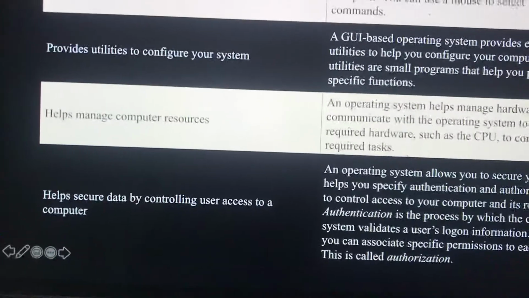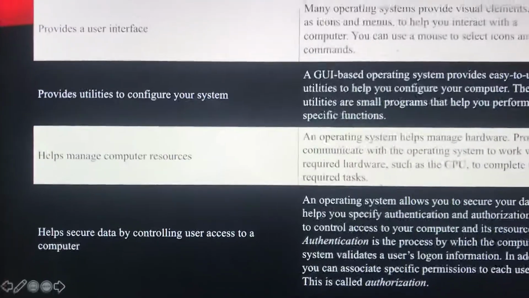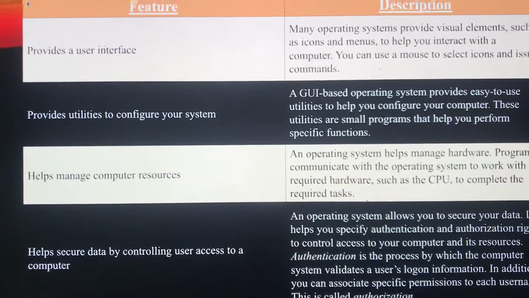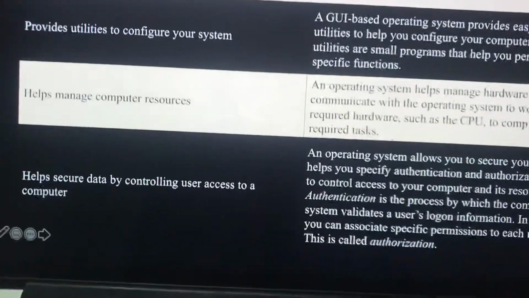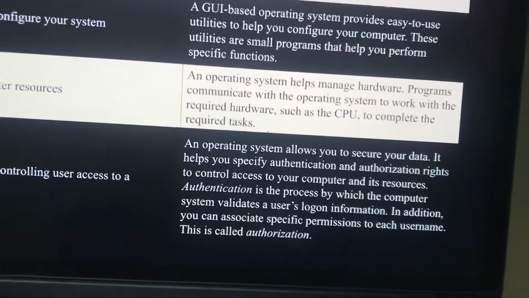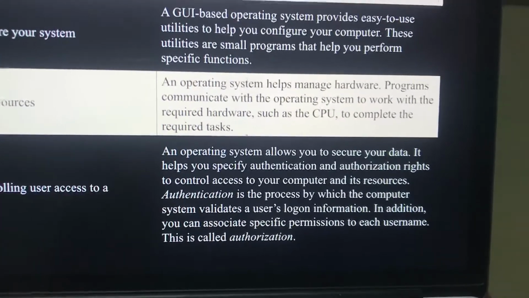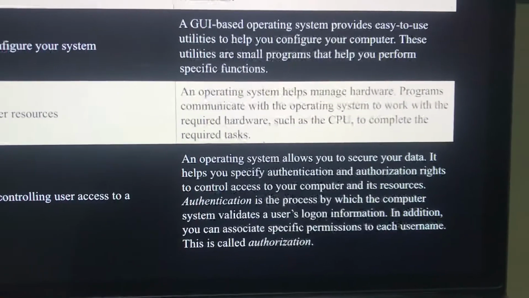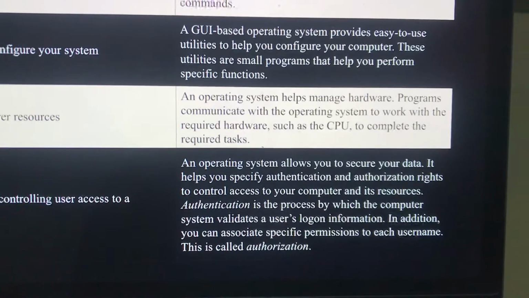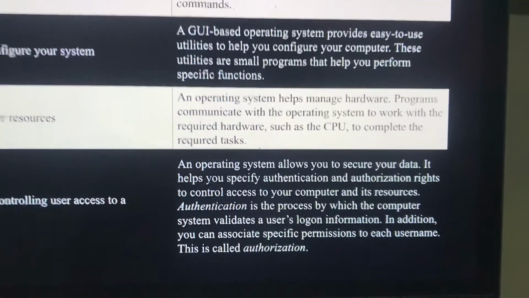And next is it helps secure data by controlling user access to a computer. So the security purpose is also there in the operating system. An operating system allows you to secure your data. It helps you specify authentication and authorization rights to control access to your computer and its resources. What is authentication?